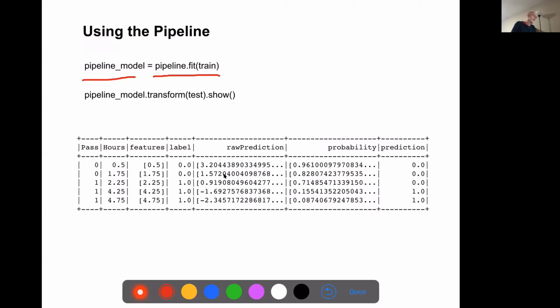And then I can use that model to look at the test data, transform it, and show the output. Any questions so far?